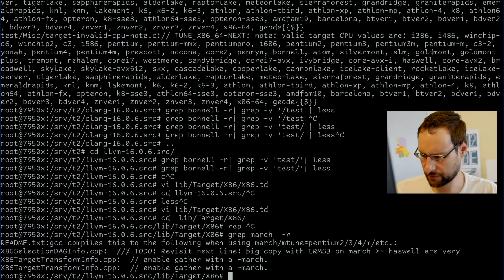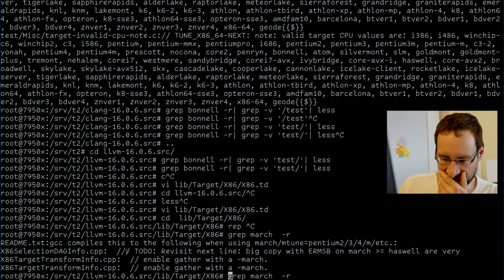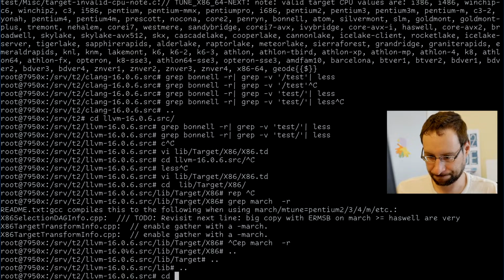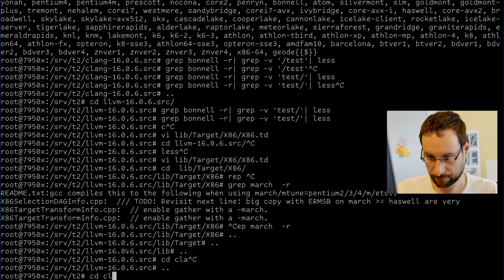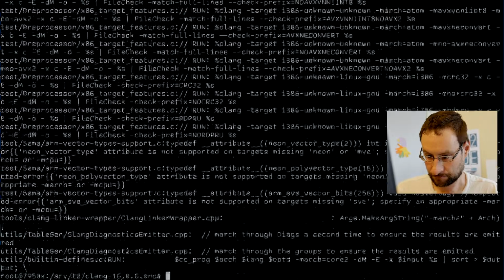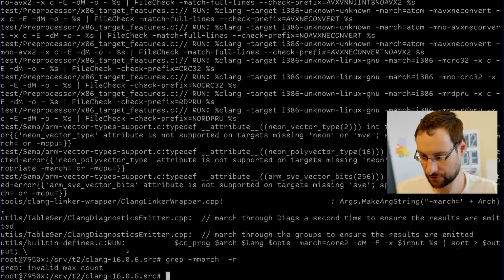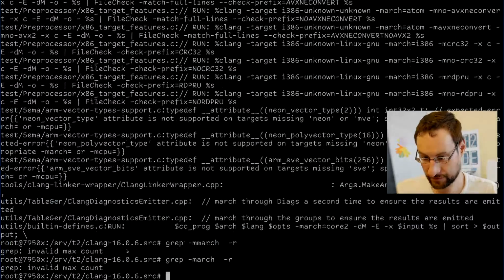GCC compiles this to the following when march tune selection tag enable gather with march. I mean, maybe it is a Clang thing after all. Not having some code to march is best. Of course, escaping that.